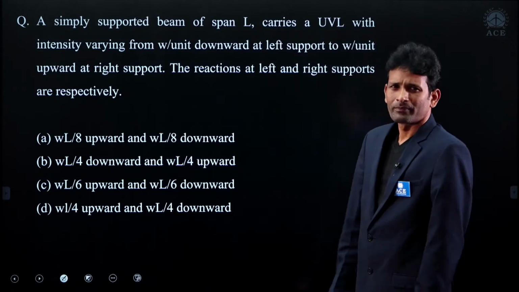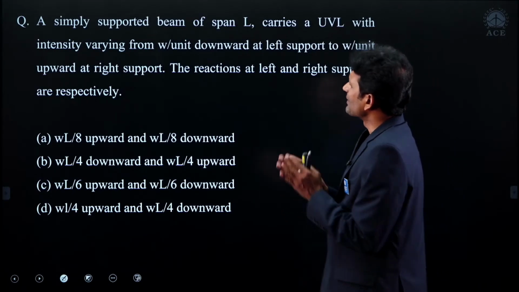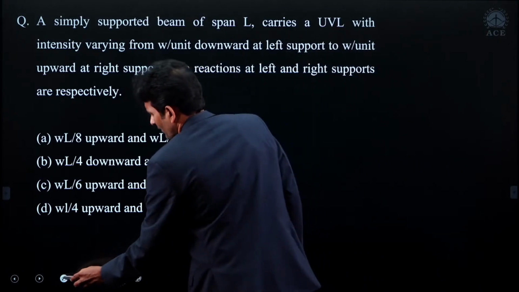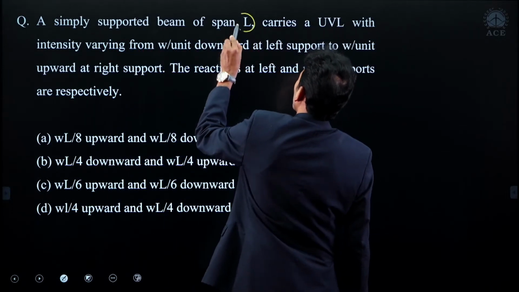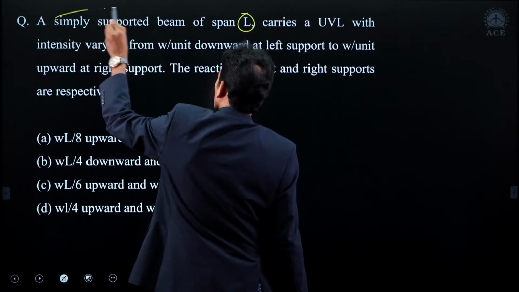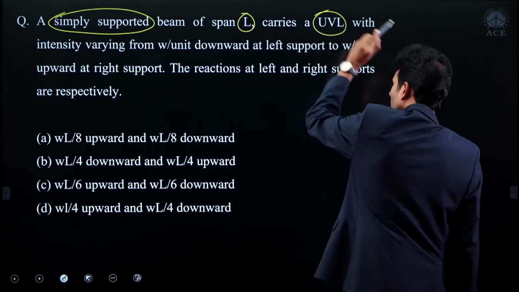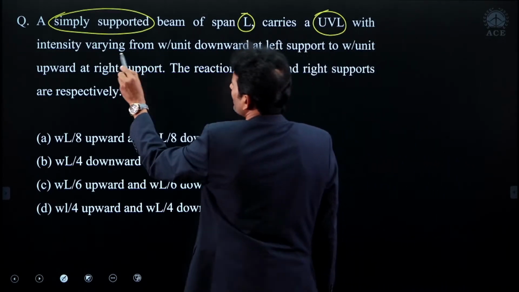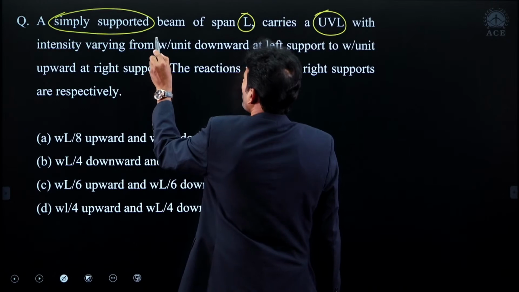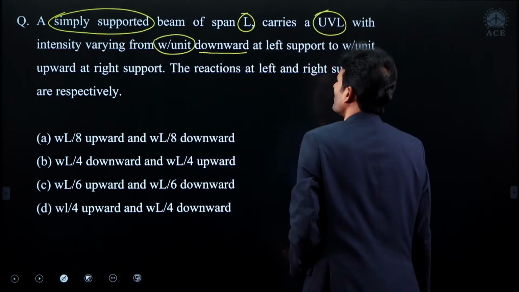Let us take this one. Try to observe carefully what is the question given. Read statement wise. A simply supported beam of span L: length of the beam is given, type of the beam is given. It carries UVL, uniformly varying load, a triangular load is mentioned, with an intensity varying omega per unit length, downward direction at